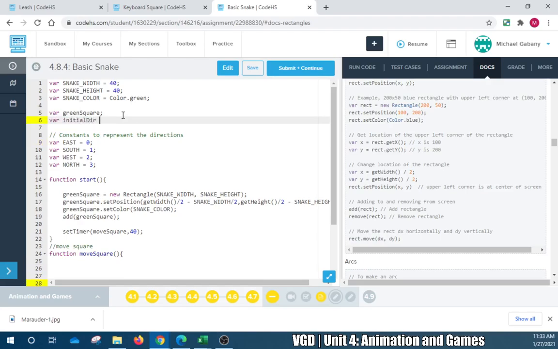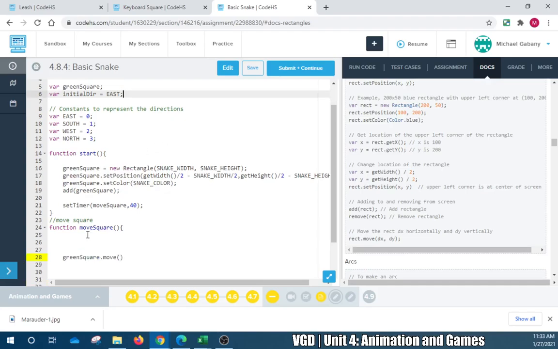and it moves to the right, and so that's east, right? Let's just say it's moving east, right? So then if initial direction, if a circle that equals east, then follow, right? Else if initial direction equals west,